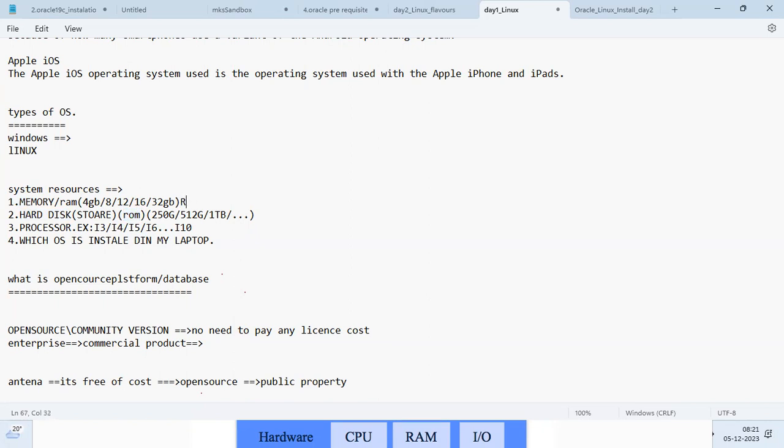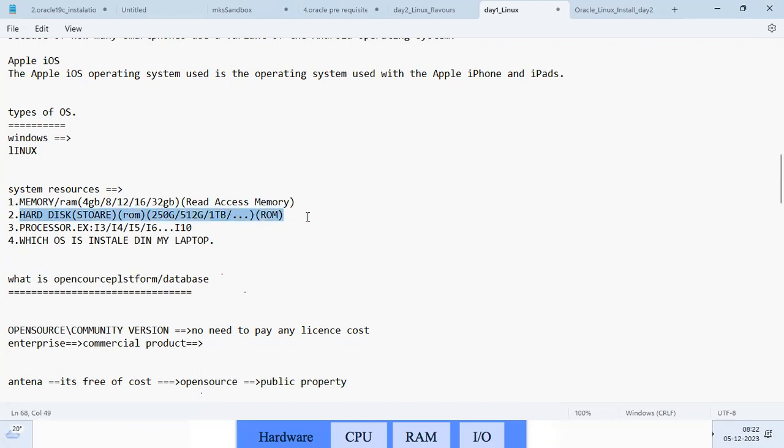RAM means random access memory; to access something, the memory will be useful. To store something, we use the hard disk, ROM. Here ROM, here RAM, and this is for the hard disk.